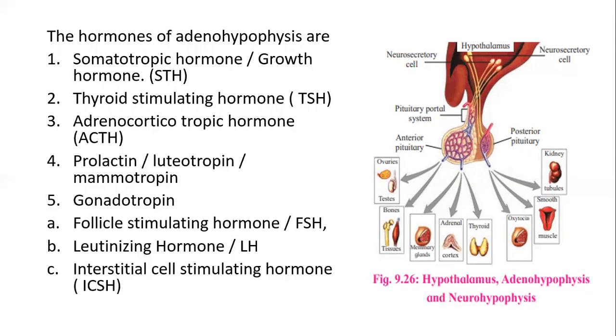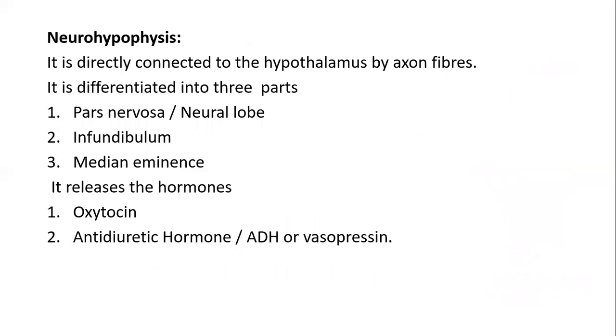No glucose is lost in the urine, and excessive micturition causes excessive thirst. Micturition means expelling the urine from the body. This process is known as the micturition process. If there is excessive urination, it causes excessive thirst, and this condition is known as polydipsia. So these are the hormones released by neurohypophysis, that is oxytocin and vasopressin.